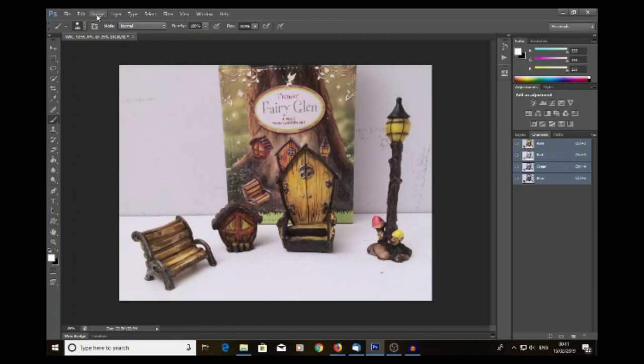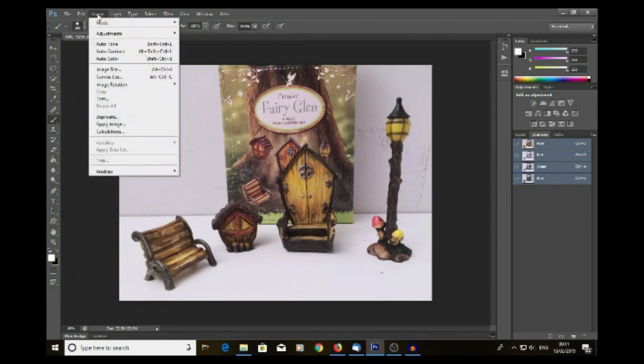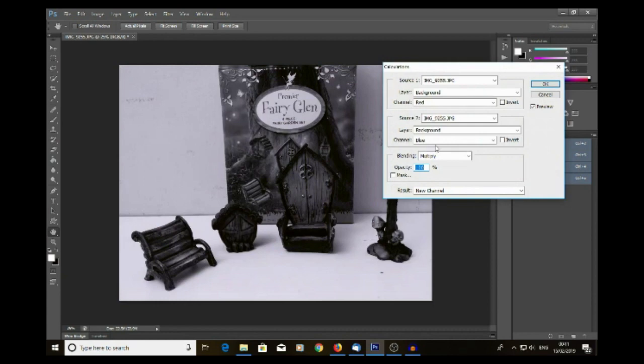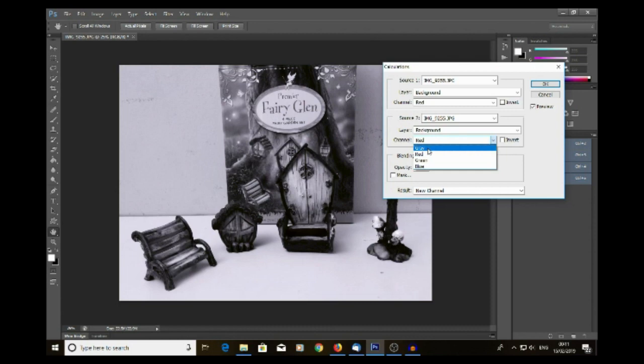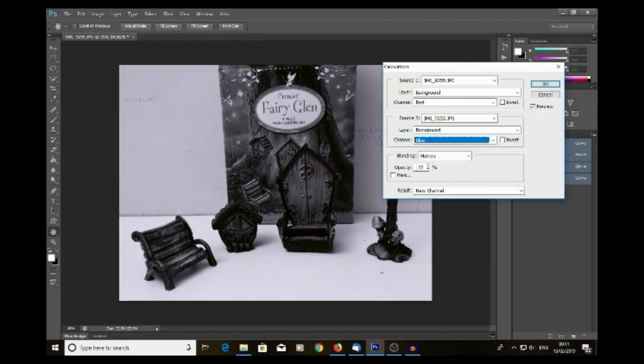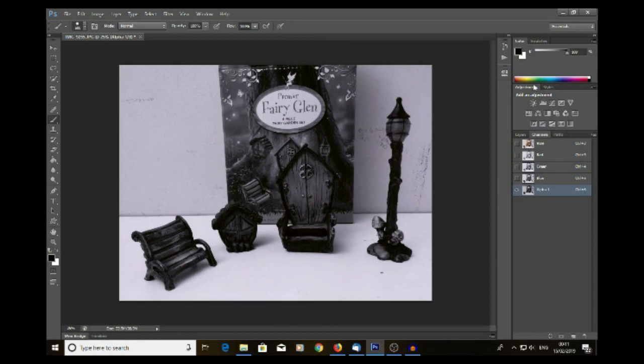What we do first of all is we go up to Image, and go down and click on Calculations, and then select a channel here. Now you can choose, I wouldn't choose grey, that doesn't do what we need it to do. We're looking for something that gives us the most contrast. Now we've got red, we've got green, or we've got blue. I think that's probably the best one to go for, so we'll go ahead and click that, click OK, and then you can see that we've got this alpha channel which has appeared in the channels